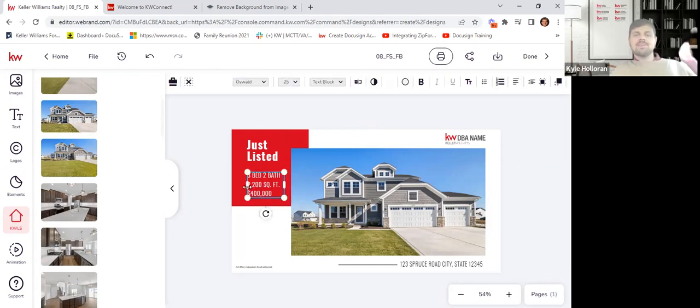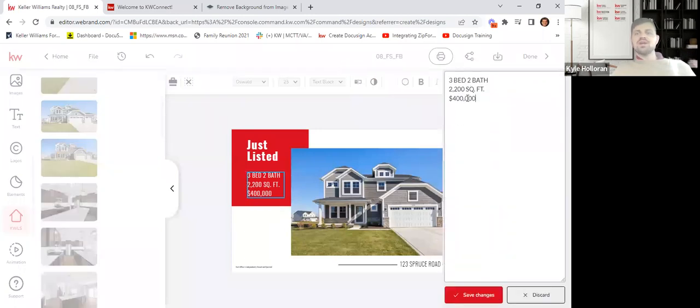Easier way to do it, okay? When it's a one-liner, sometimes double clicking on it and just changing it there is easy. If there's multiple lines of text, or even you'll see in the print side, where we have buyer presentation, seller presentation, sometimes there's paragraphs that you're editing. When you click on text, there's a really cool tool up here called typewriter. Everybody see it? It's this little tool right here. And if I click on typewriter, it'll actually punch out like a Word document.